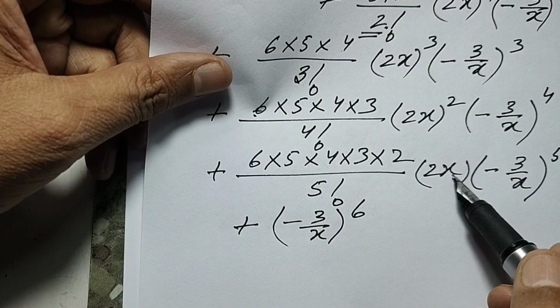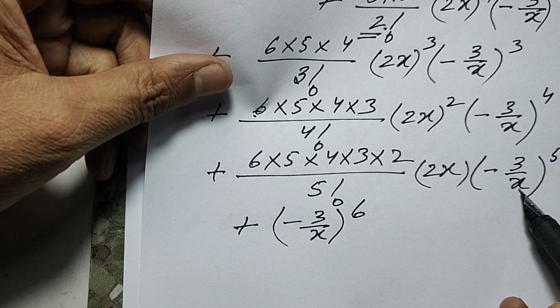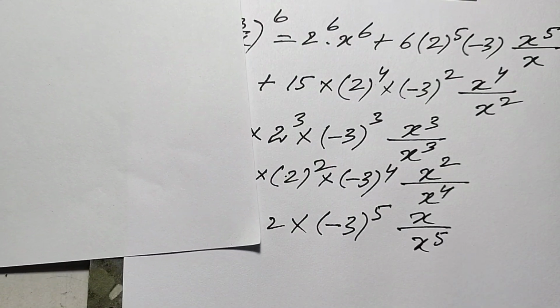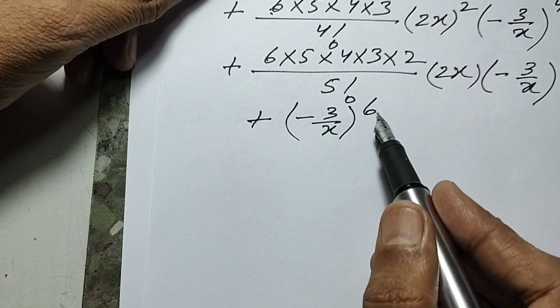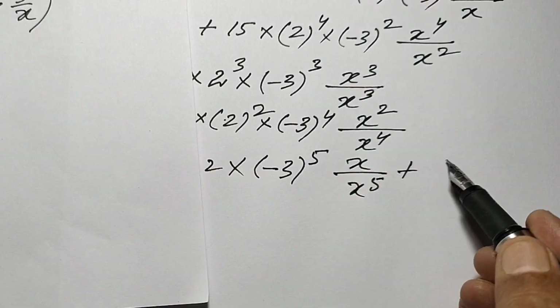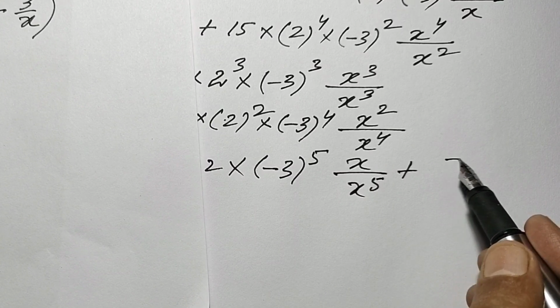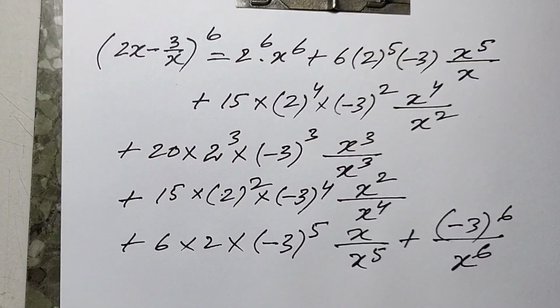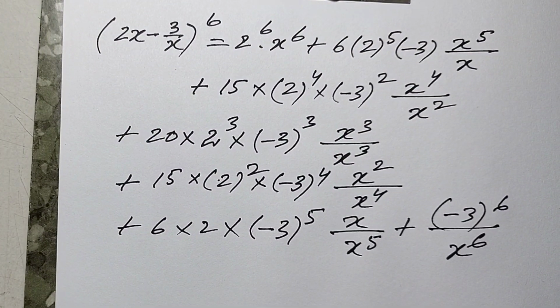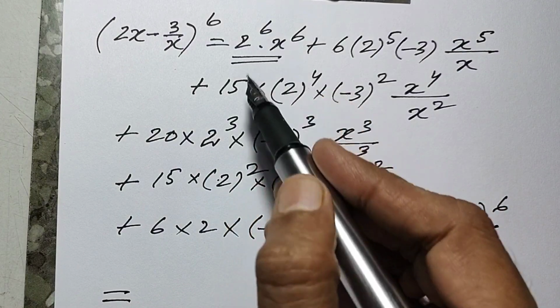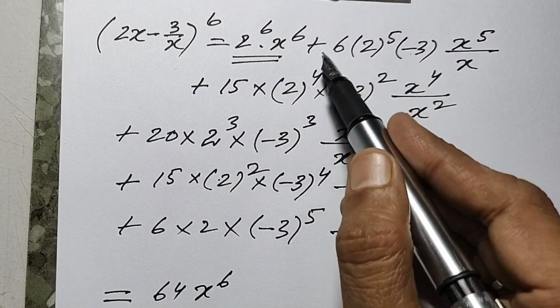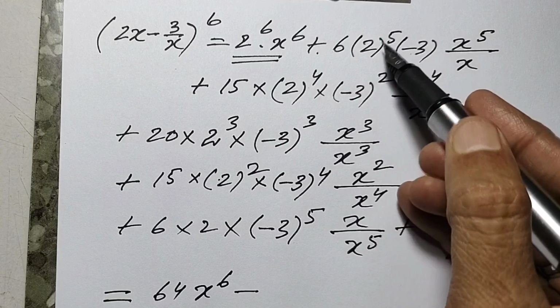And the variable factor will be x in the numerator, x raised to the power 5 in denominator. So we have x upon x raised to the power 5. And the last term is minus 3 upon x raised to the power 6, which may also be written as plus minus 3 raised to the power 6 upon x raised to the power 6. Now let us solve further. Next step. So 2 raised to the power 6 will be 64. 64 x raised to the power 6, and here we have minus into plus minus, and if we multiply these